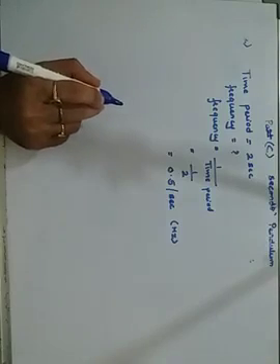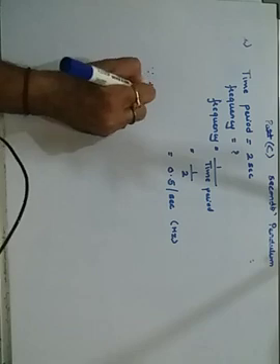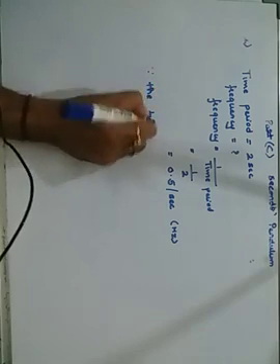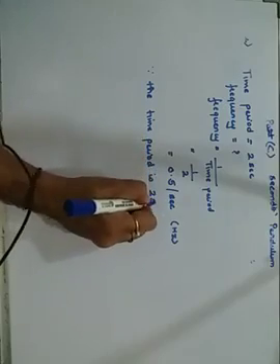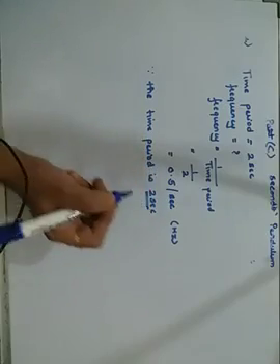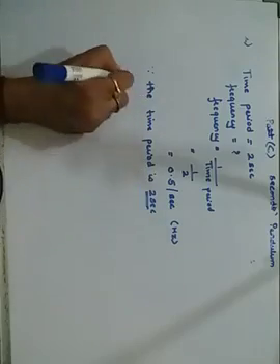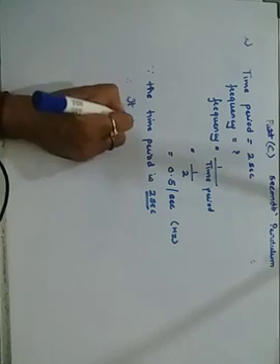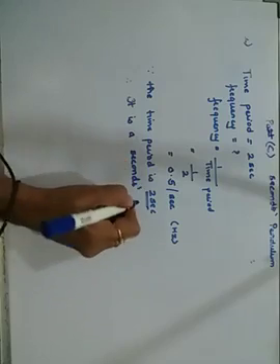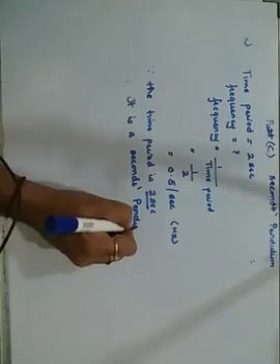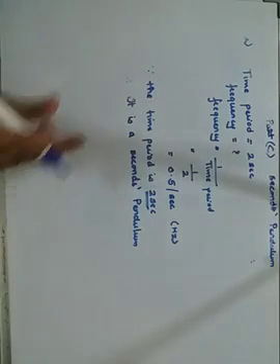Now they have asked what name is given to such a pendulum. Since the time period is 2 seconds, when does it become 2 seconds? When it is a seconds pendulum. The time period is 2 seconds, therefore it is a seconds pendulum. Getting it? So we find the frequency and name which type of pendulum it is.